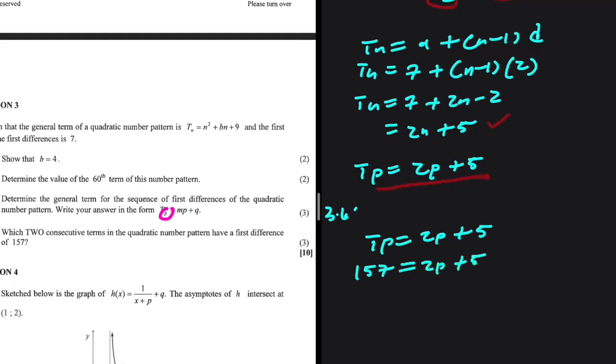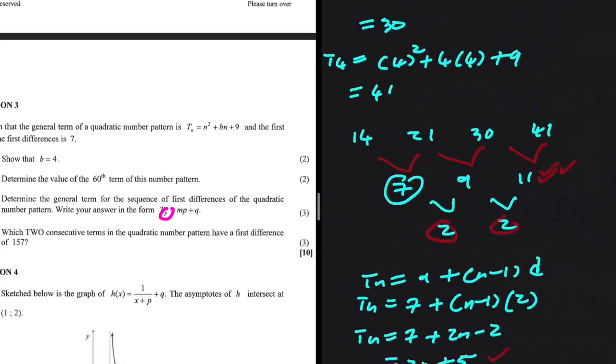Let's go ahead and find the value of p, the position of 157 in the general term of the first differences. So 157 minus 5, that will be 152, being equal to 2p. So if we divide both sides by 2, we get p being equal to